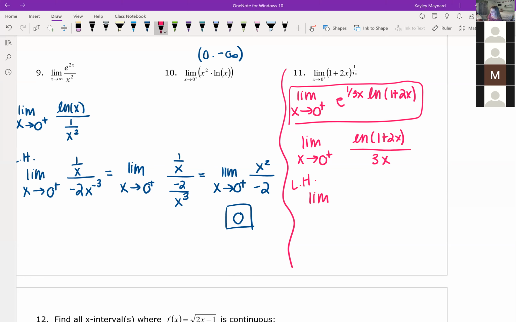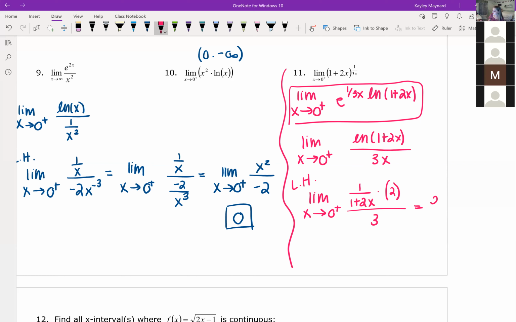So this becomes the limit as x approaches 0 from the right. And then to take the derivative of ln of 1 plus 2x, that's going to require a chain rule. So the derivative of ln of x is 1 over x. So in this case, we have 1 over 1 plus 2x. And then you need to multiply it by the derivative of 1 plus 2x, which is just 2. Derivative of the denominator is just 3. And now let's actually try to plug in 0 and see what happens. So if we plug in 0, we get 1 over 1 times 2 over 3,